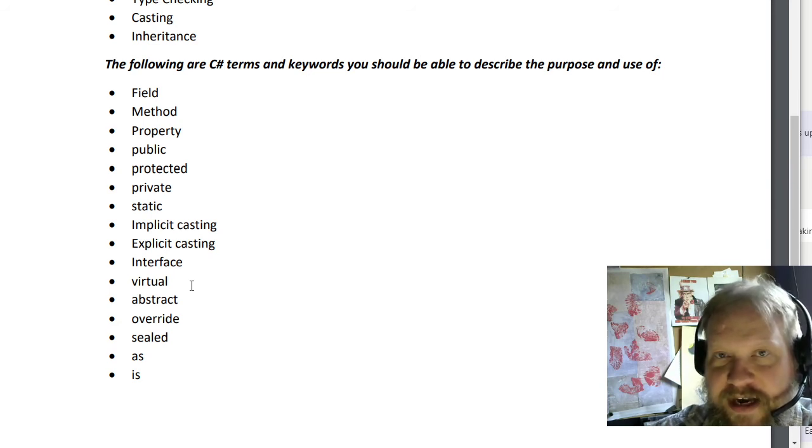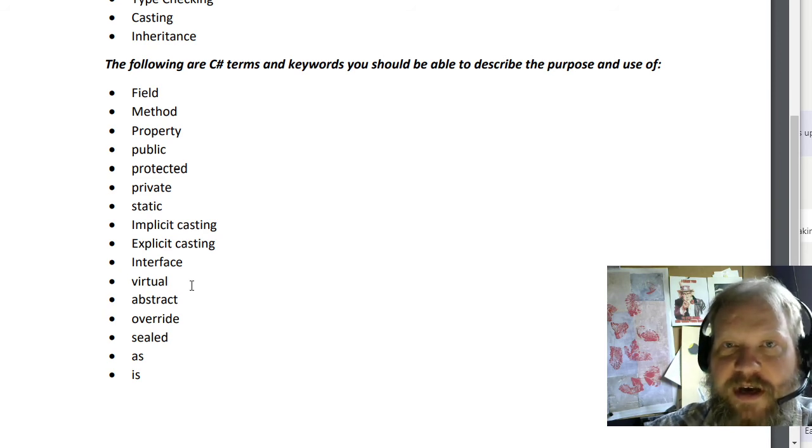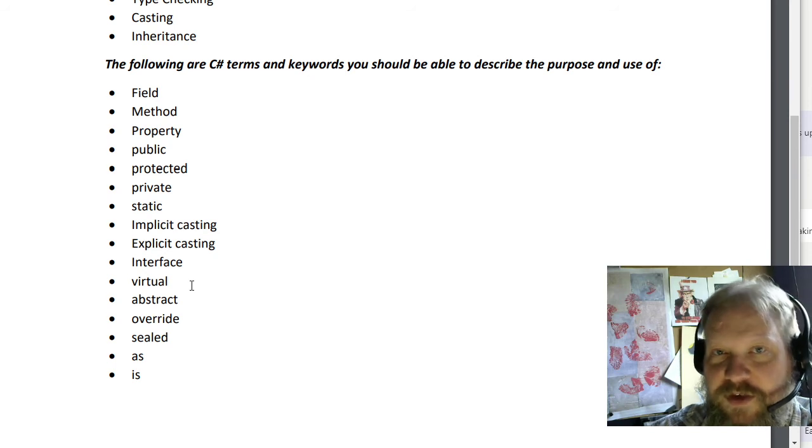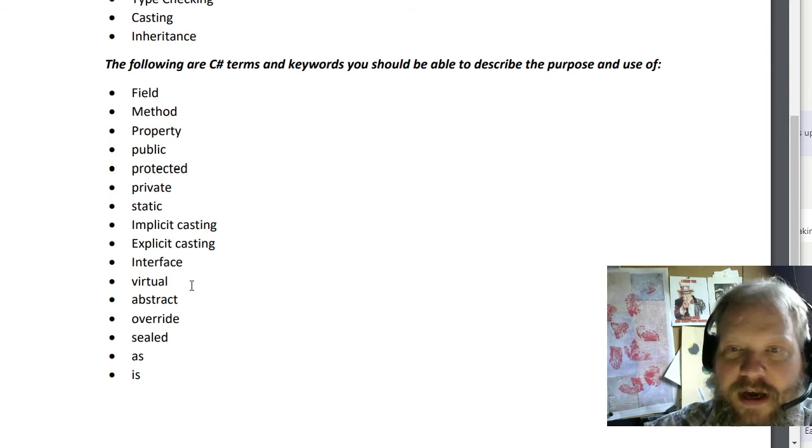Abstract declared on a class means that that class is intended to be used only as a base class. We can't instantiate it by itself, so it will not be able to be constructed. And abstract classes can contain abstract methods. They're the only kind of class that can,